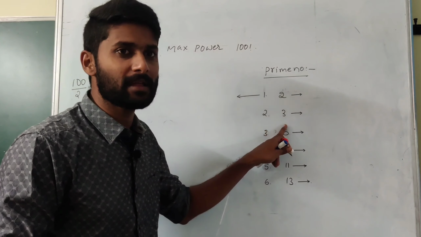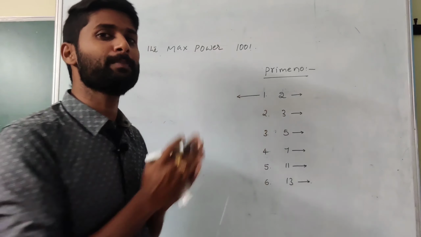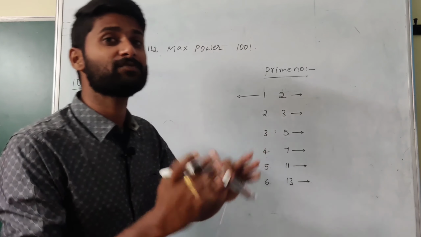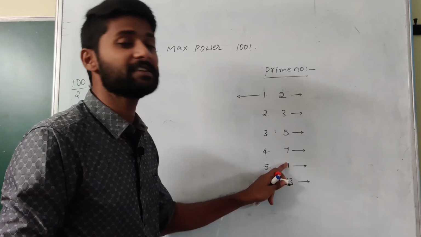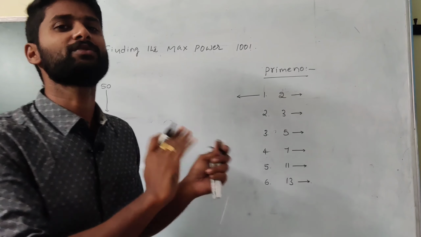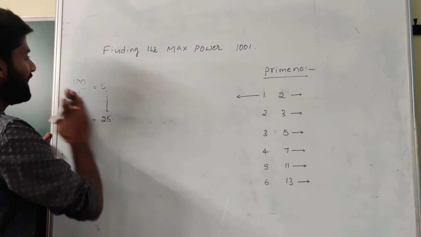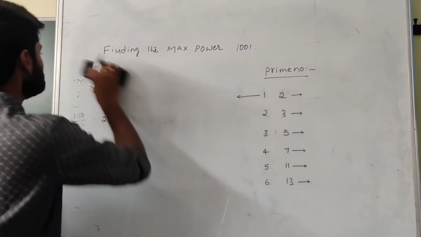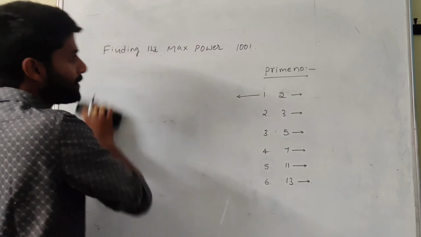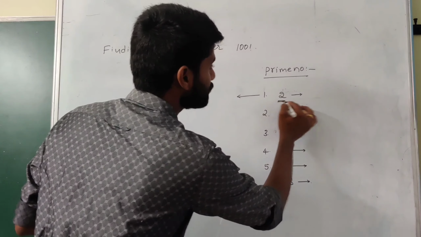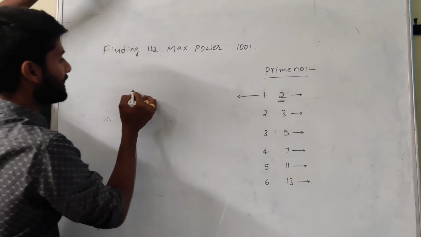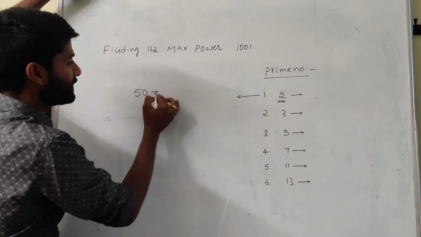If you want the power cyclic of 3, it means 1/3 of the previous value. For 5, it means 1/5 of the previous value. For 7, it means 1/7 of the previous value. That is the direct calculation. See, I will go with the direct calculation here. To find the maximum power of 2 in 100 factorial: 100 divided by 2, the value becomes 50.